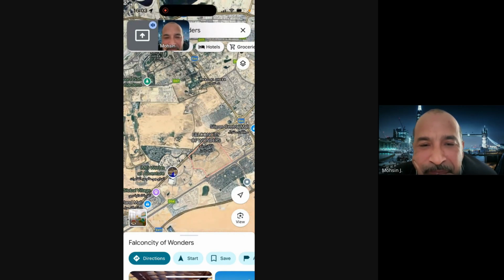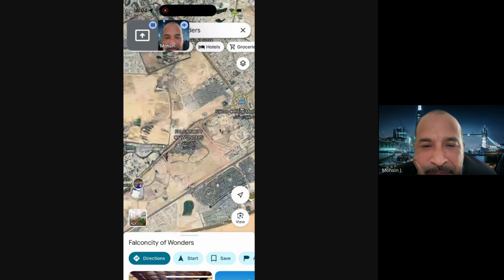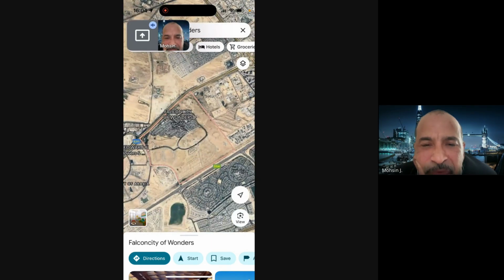Like I said, it's very central. You get to both airports within half an hour. This is a very big thing. And this is going to be a very good family community. But from an investment point of view, the reason why this is a very, very good investment is because